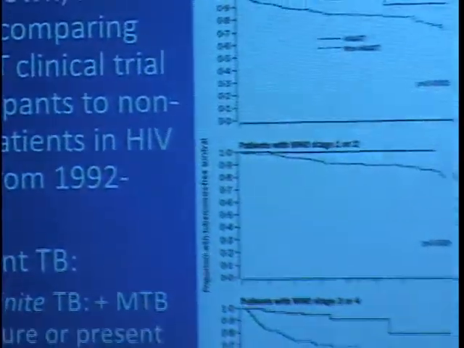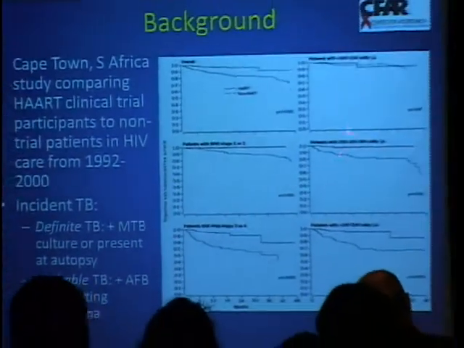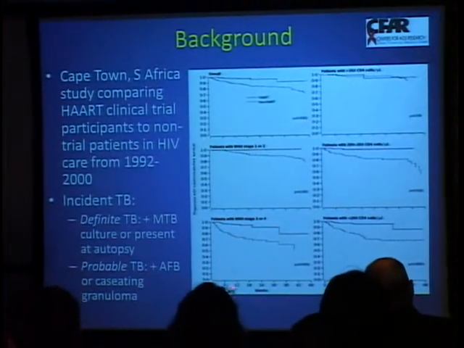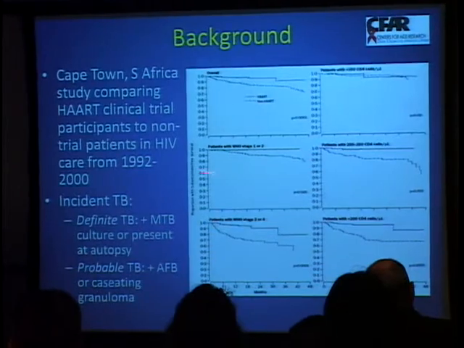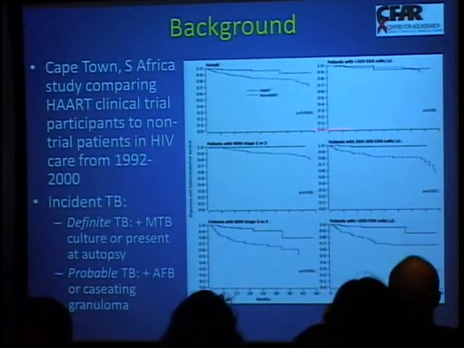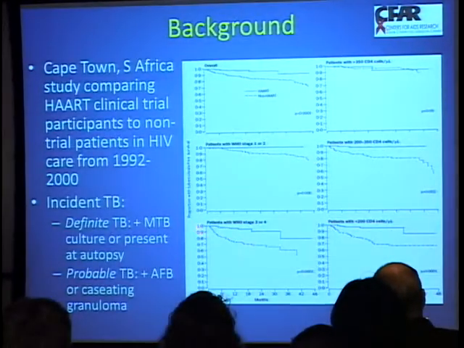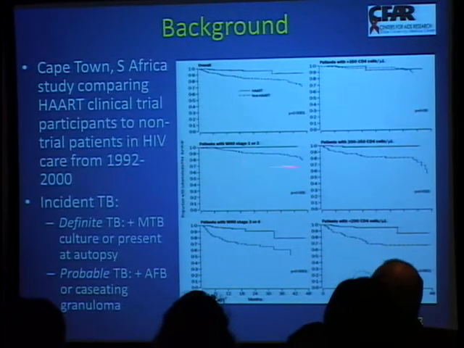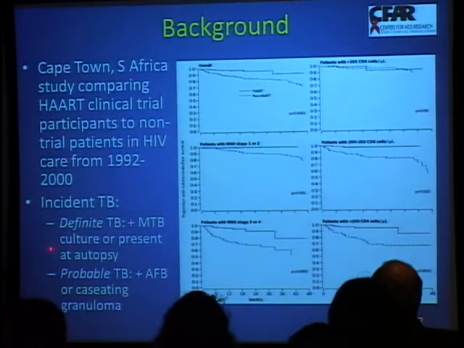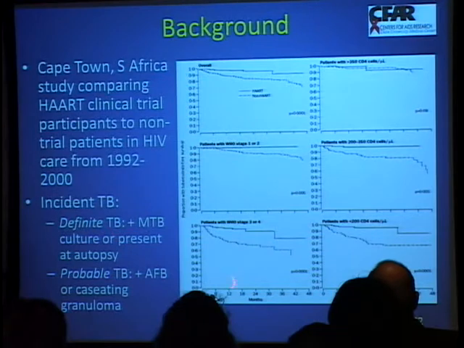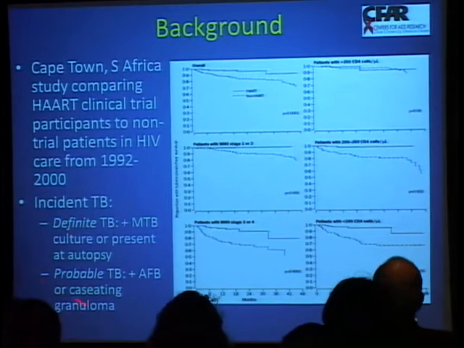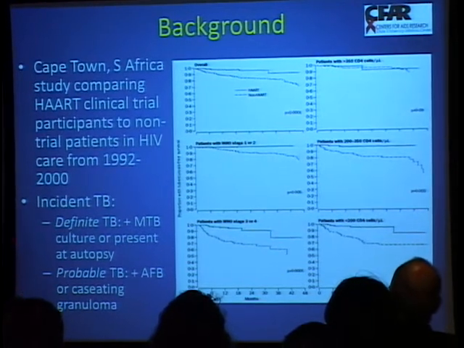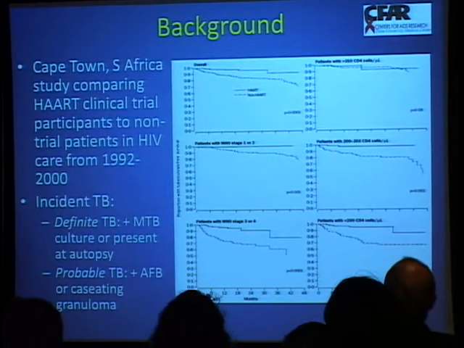I don't have to tell you, extremely high incidence of TB. And this was published about 10 years ago, looking at just the incidence of TB in these different CD4 strata and the effect of antiretroviral therapy. So this shouldn't be surprising when you institute antiretroviral therapy, and I should say this was done in patients who were undergoing a lot of clinical trials at the time when antiretrovirals were available in those trials,